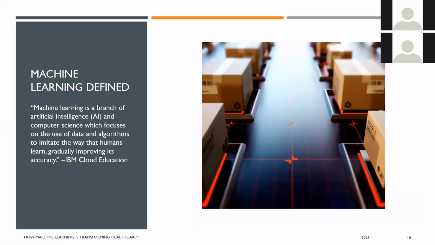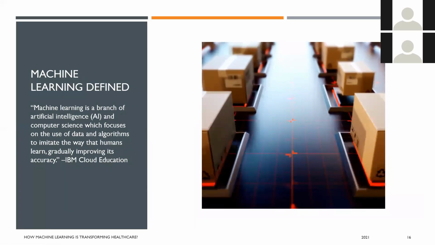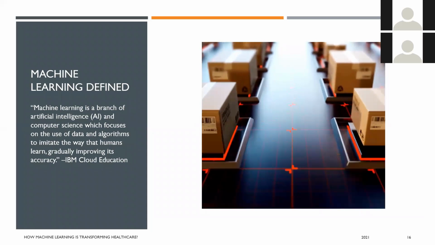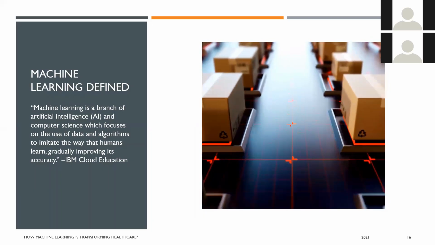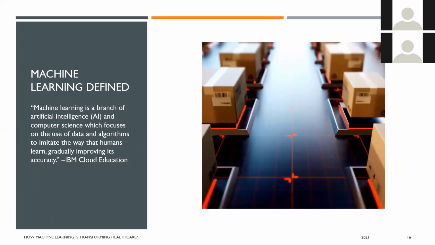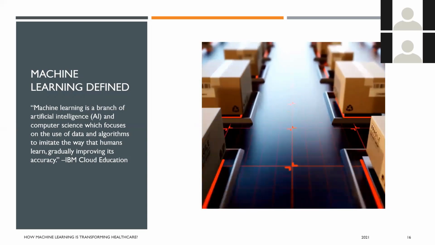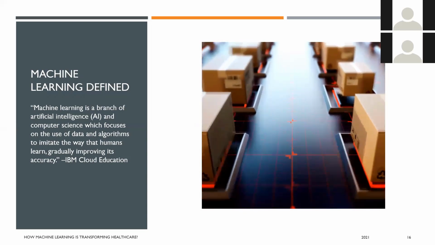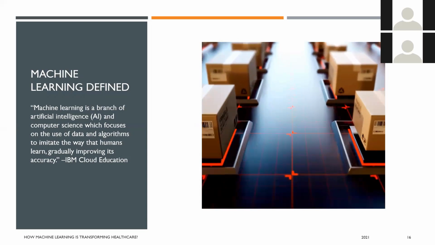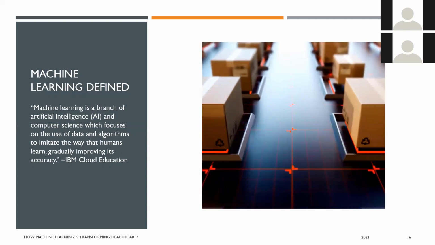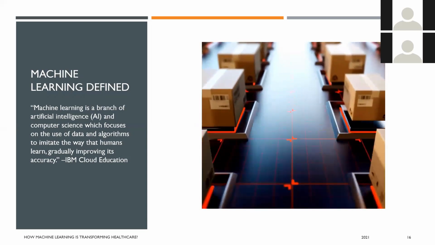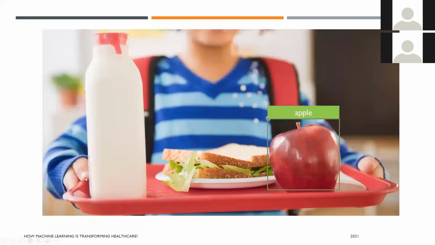IBM defines machine learning as a branch of artificial intelligence and computer science, which focuses on the use of data and algorithms to imitate the way that humans learn, gradually improving its accuracy. Today, we see machine learning all around us. For example, tagging the objects and faces in digital images,